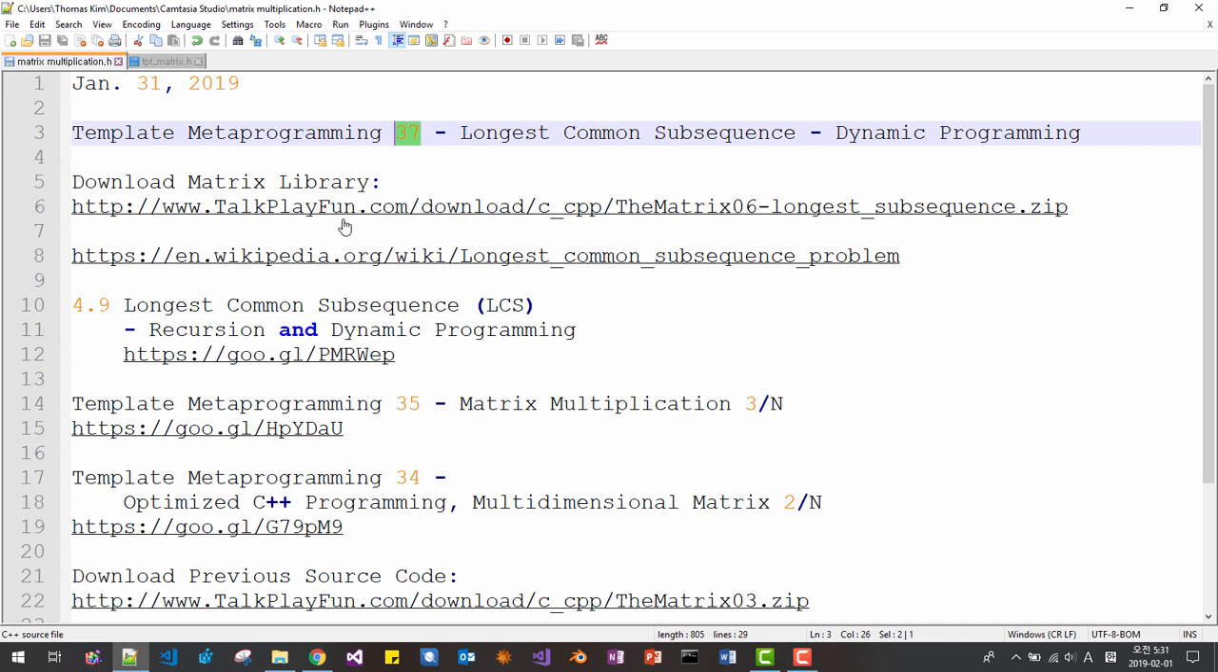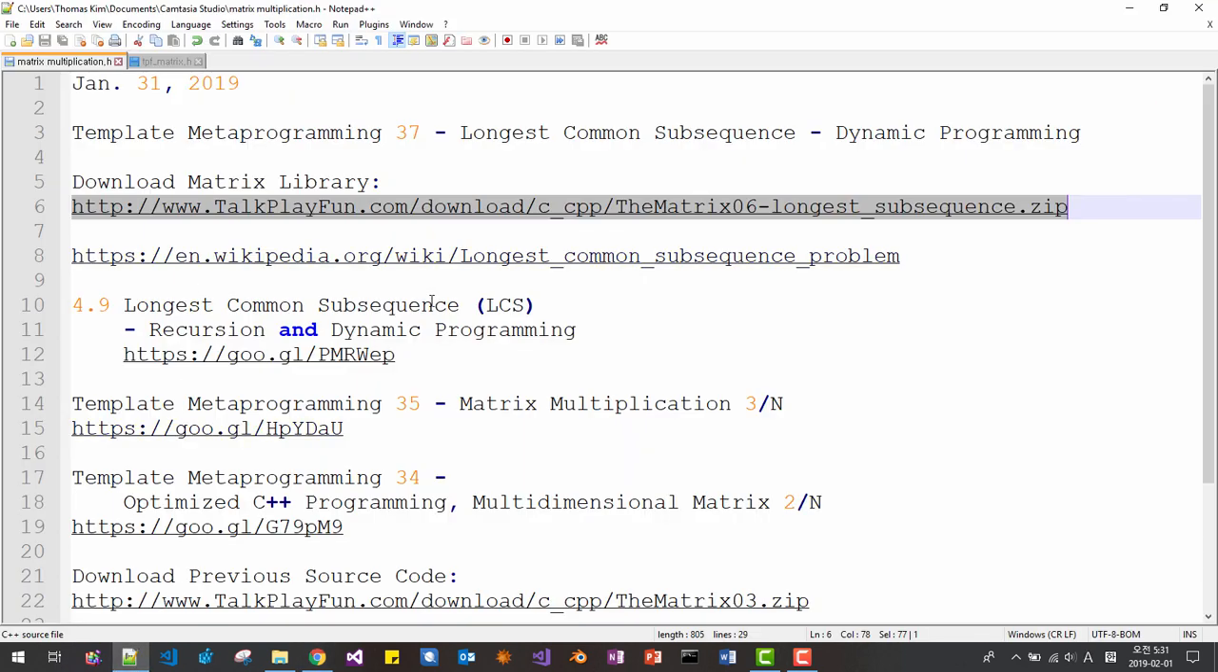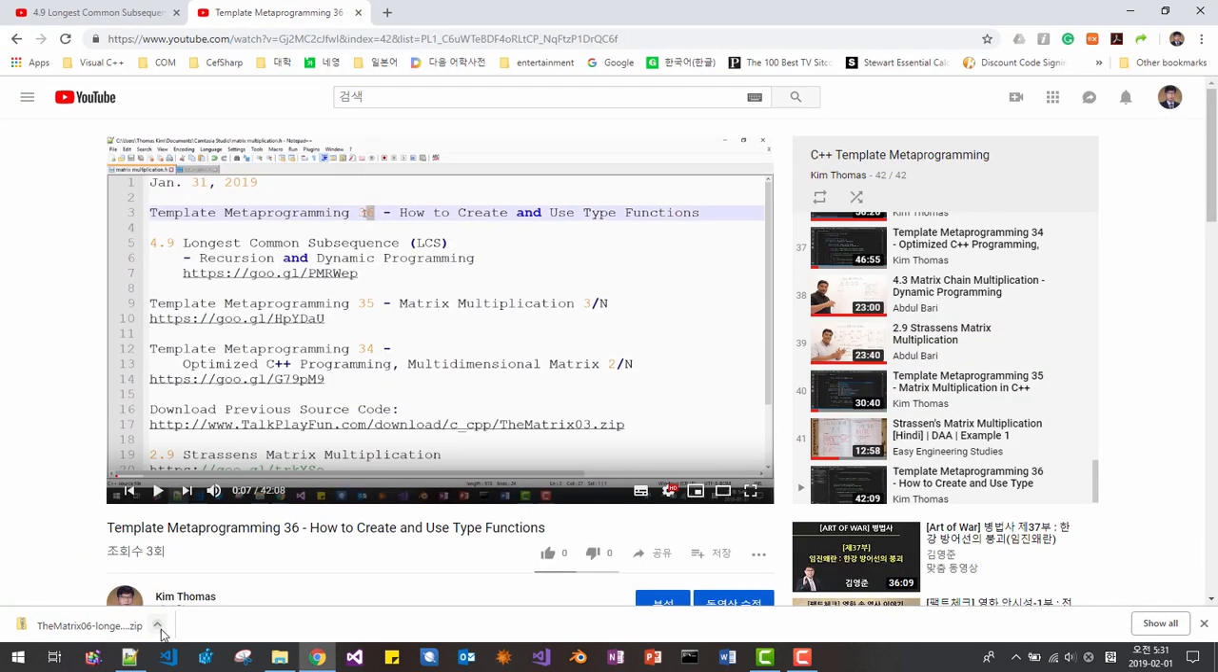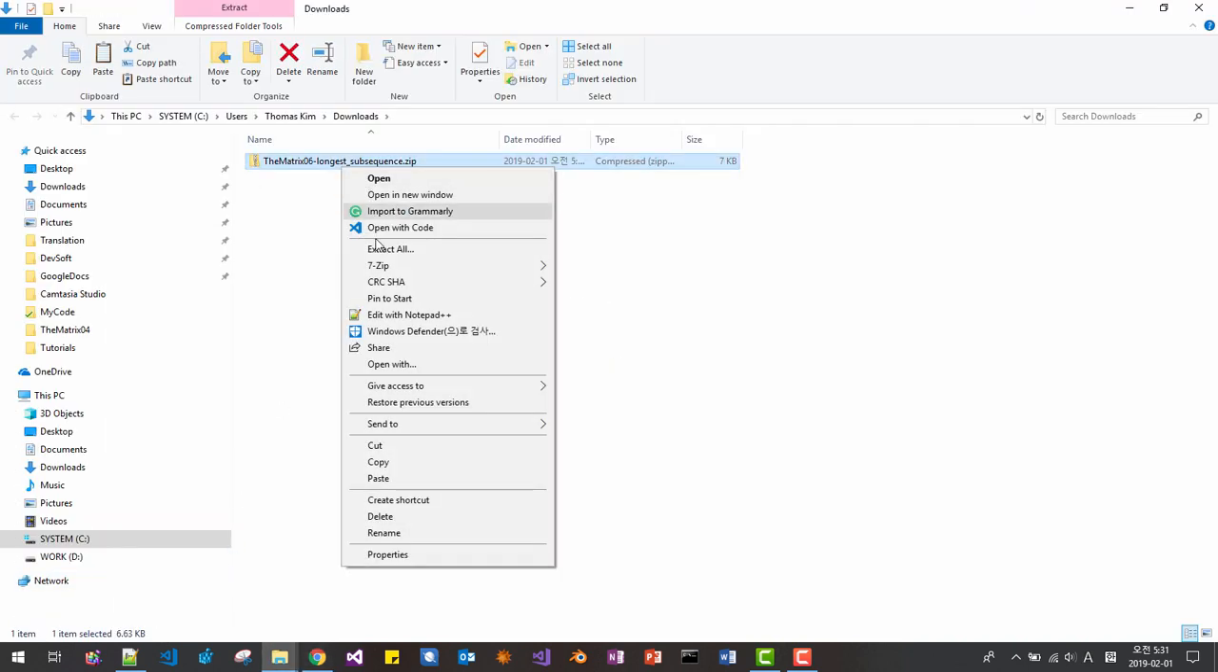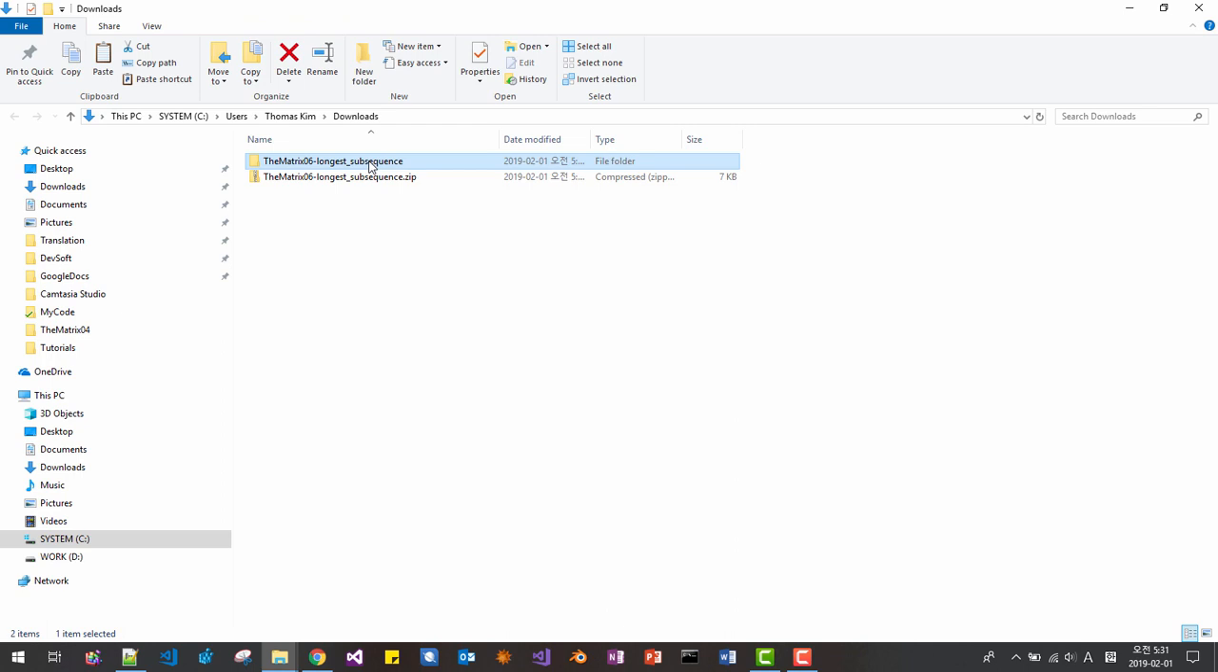We need to download this file. I will put this script in the description section below. If you want to follow, please download this source code. When download is complete, show in folder. Please unzip it and rename it to matrix 06. Then copy the path